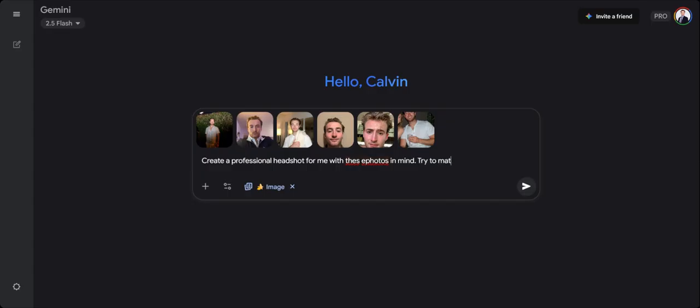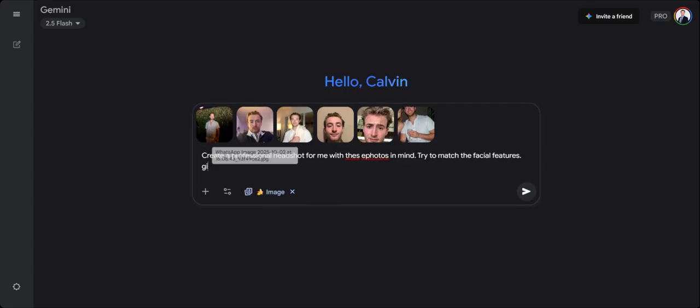Try to match the facial features. Give me a plain blue background with a black